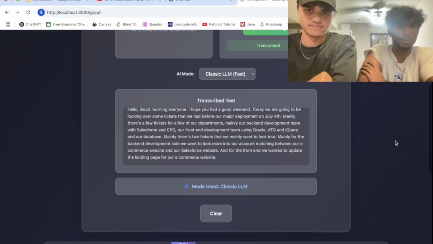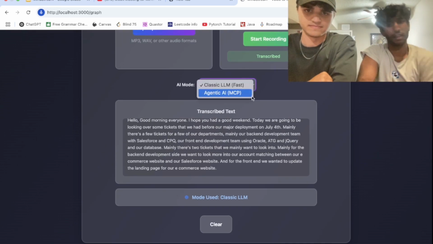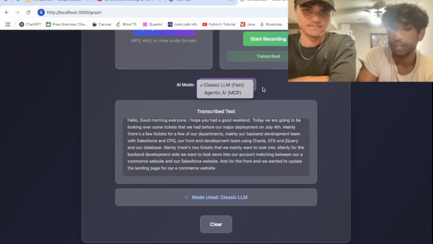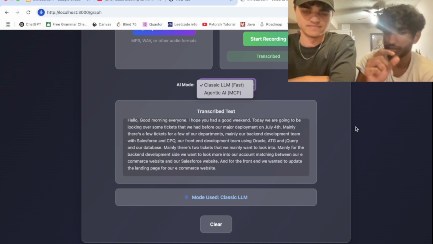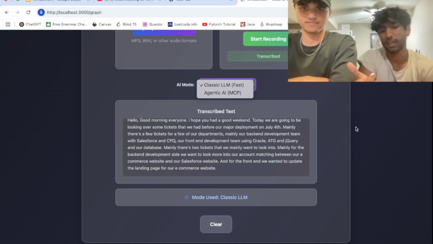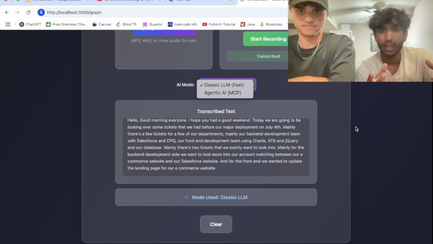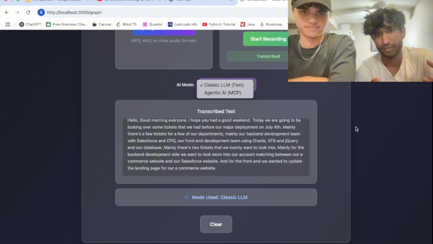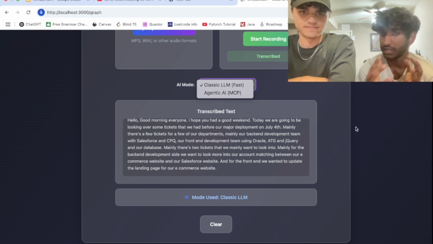The reason why we split it up into two different AI agentic structures is the first one does a really good job at very simple recordings, about 1 or 2 minutes. But when it gets very complex and the text is about 10 minutes, the context window isn't that good for a simple LLM linear workflow. So this is where the agentic AI MCP comes in.